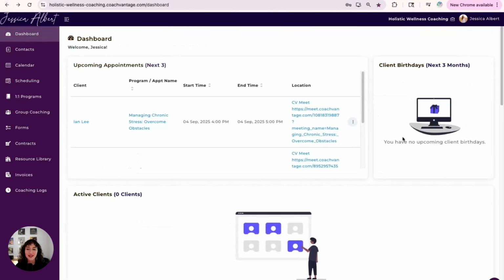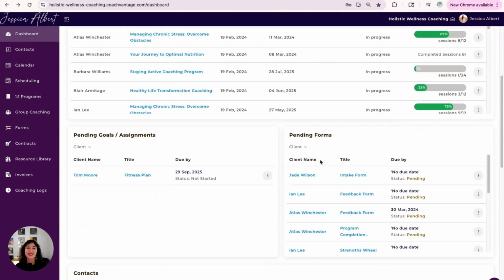Going back now, let's take a look at pending forms. This table lists all the forms that you have sent to clients. If the due-by date has lapsed and your client has not completed the form, you can click on the 3-dot button menu and then select Send Reminder Email. CoachVantage will then automatically send a reminder email to your client, reminding them that they have an outstanding form that's